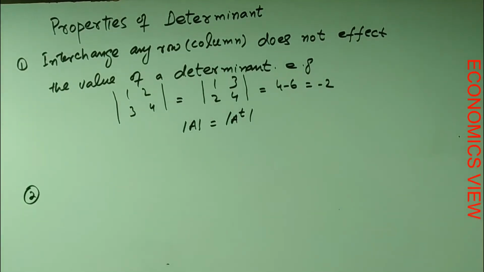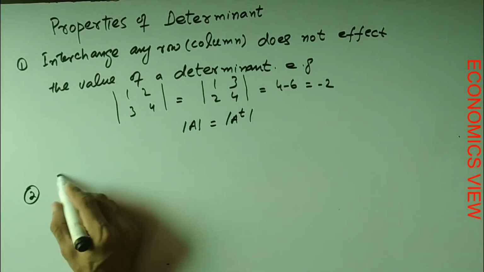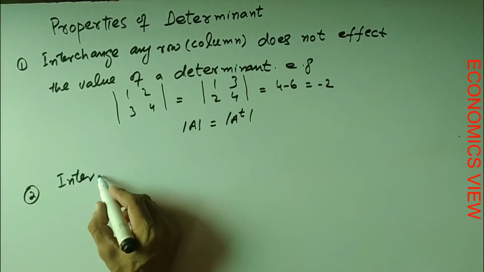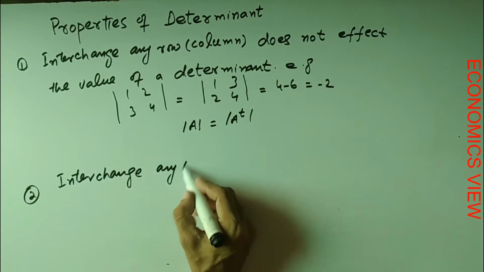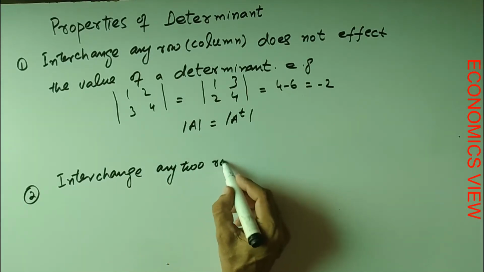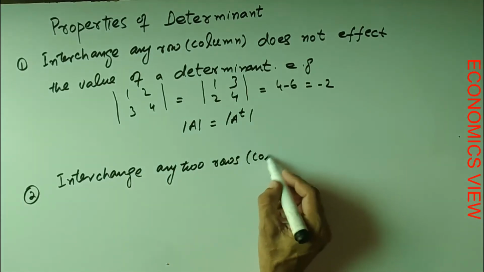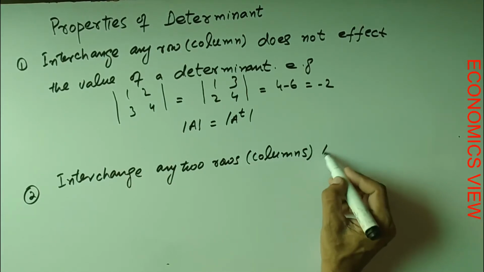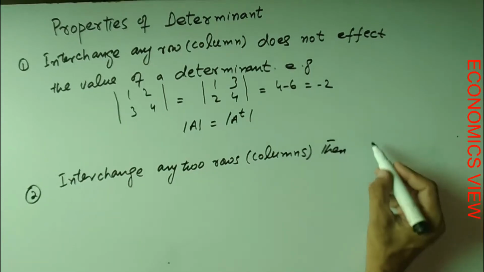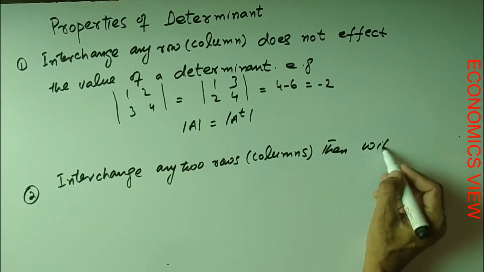Second property: if we interchange any two rows or columns, then it will alter the